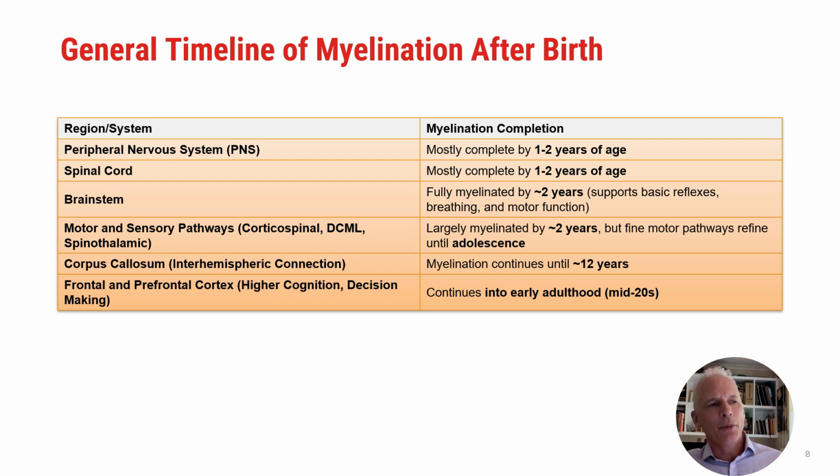Now, there are some pathways within your spinal cord, and you can look these up: the corticospinal tracts, the DCML tracts, and the spinothalamic tracts. What's interesting about these is that they're largely myelinated by 2 years, but the fine motor pathways continue to refine until adolescence. So I think the interesting part about this is that we can't expect normal motor control in the first couple of years because we don't have that appropriate myelination. But we should also allow for the fact that that full myelination that allows really fine dexterous control doesn't finish